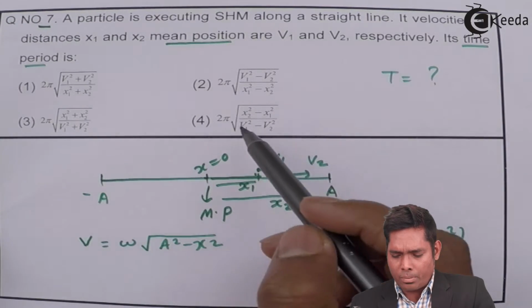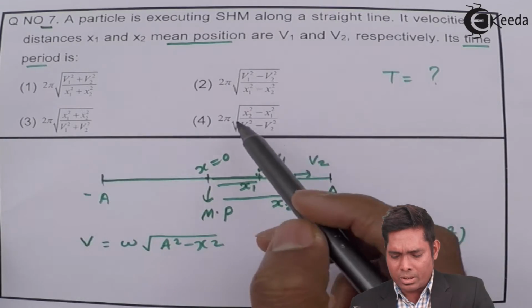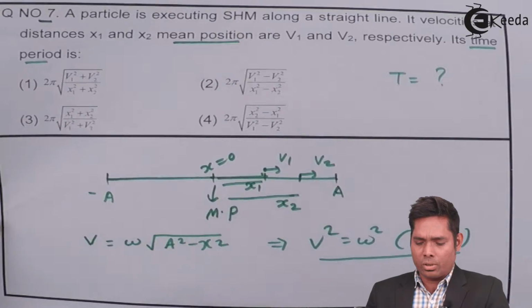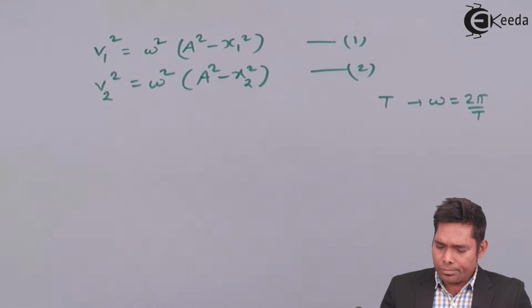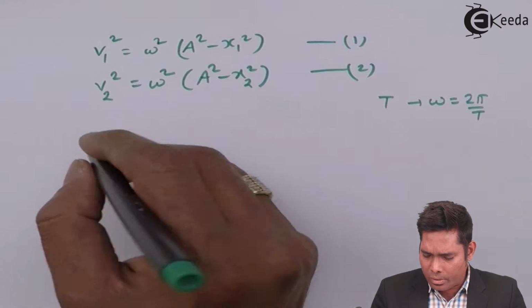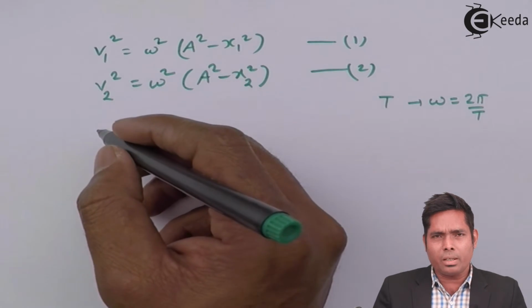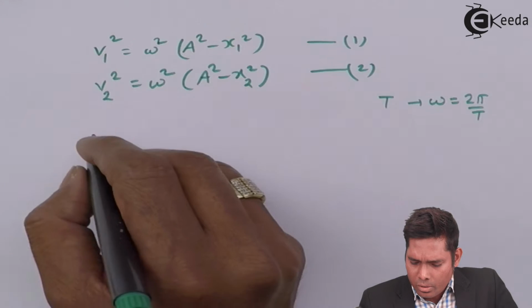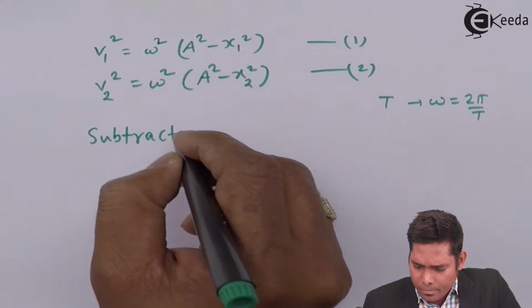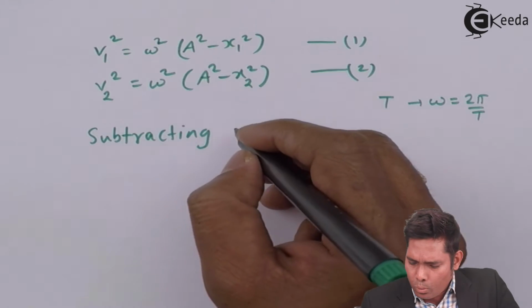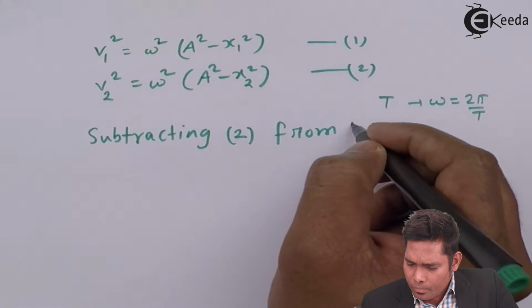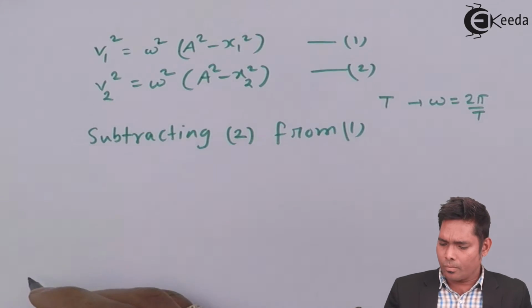First of all, we'll go for the subtraction; if I'm not getting it, then I'll go for the addition. Suppose that I'm subtracting 2 from 1,